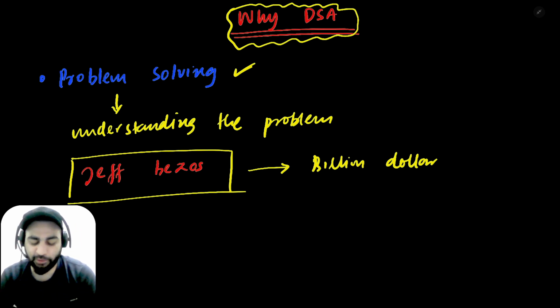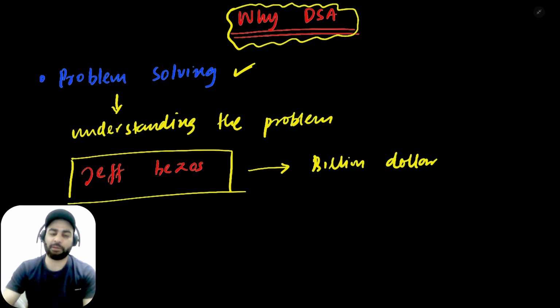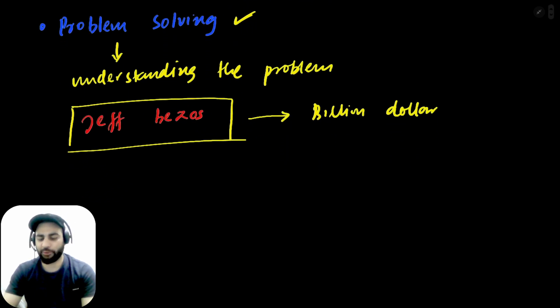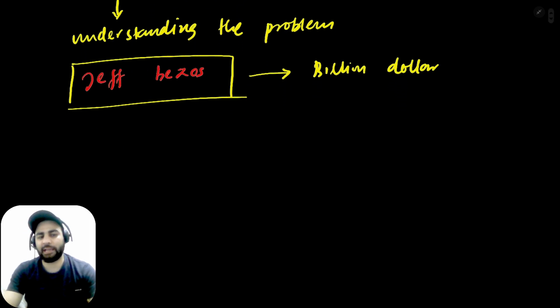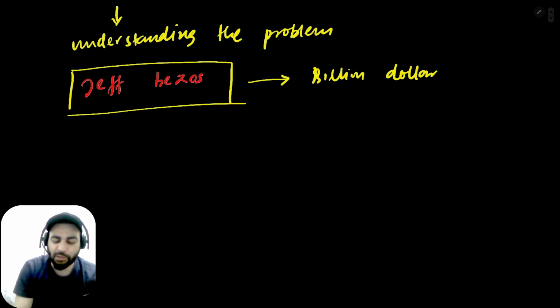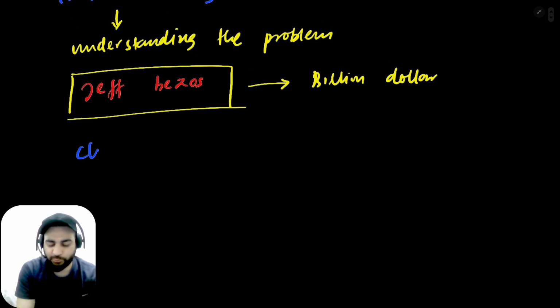That's what I'm saying. In order to solve any problem, the first step is to understand the problem. Okay. Then in the computer science realm, you have to use computers to solve this problem. The second thing is, you have to choose the right data structures.